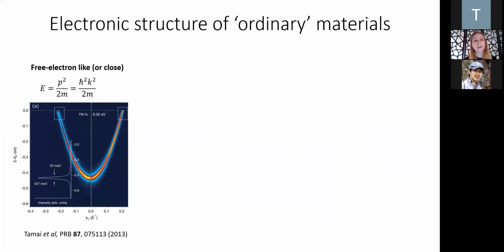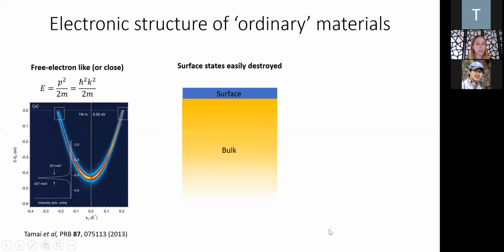I'll be talking about quantum materials as being in contrast to ordinary materials. So I want to make that contrast more quantitative. What do we expect from ordinary materials, contrasting that with what we often see in quantum materials? In ordinary materials, the energy versus momentum relation of electrons is usually pretty close to being free electron-like. So usually it's close to a parabola. Additionally, in a crystalline solid, you have the bulk, which is the deep interior, and then you have the surface.